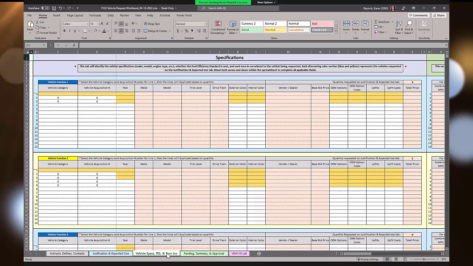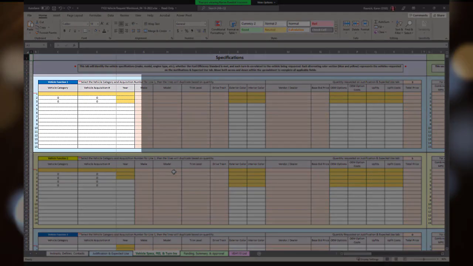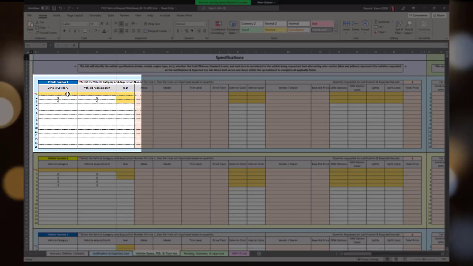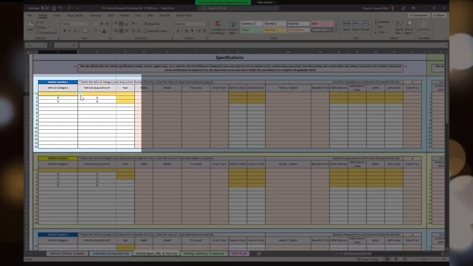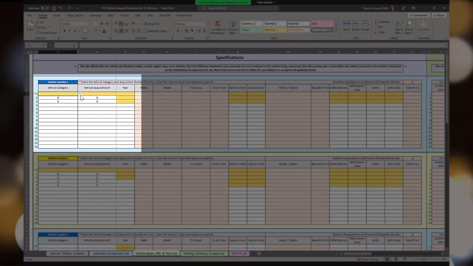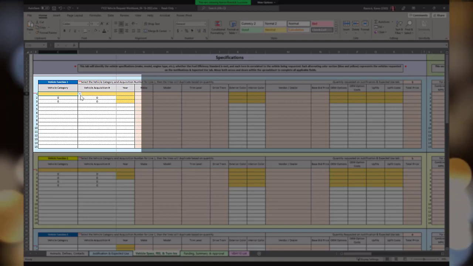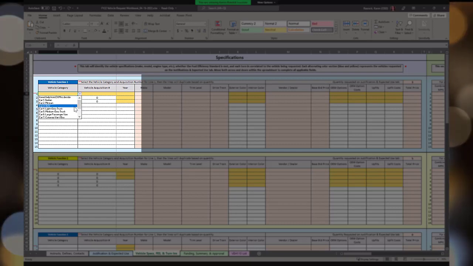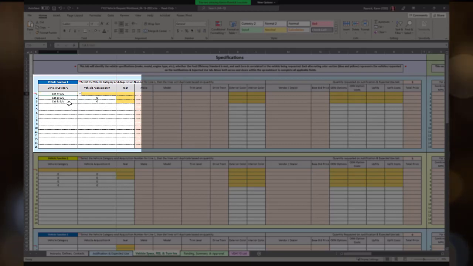And you'll see here that there are already some things outlined in gold, and that's based on the quantity of vehicles we entered on the prior tab. So because we're looking at each vehicle function, we're expecting the same type of vehicle should be able to fulfill the function every time. So we choose in this first section where the gold thing is, we're going to say that we need an SUV for this,